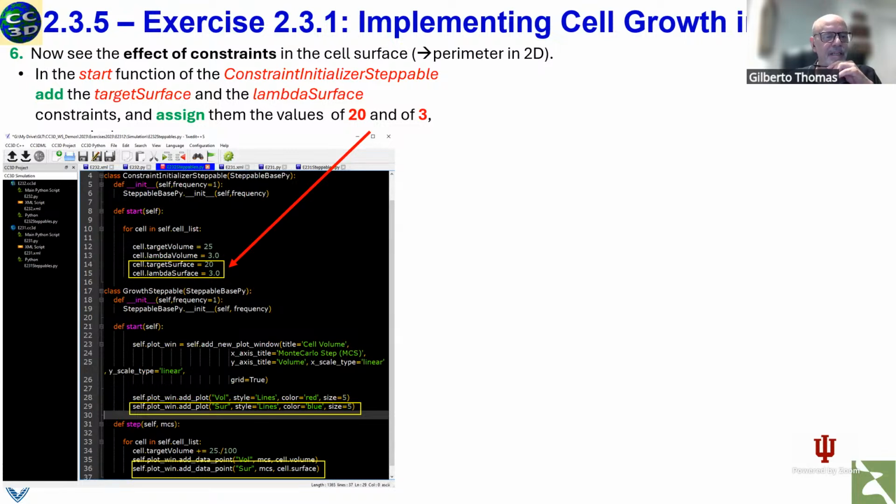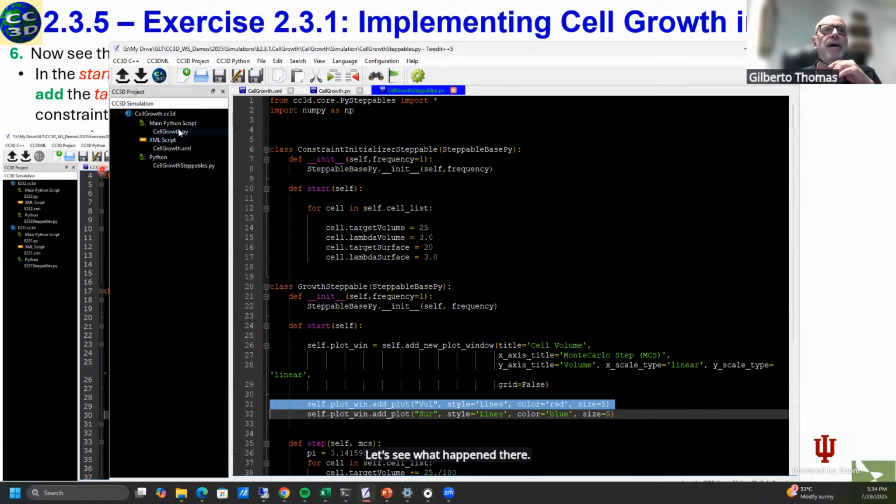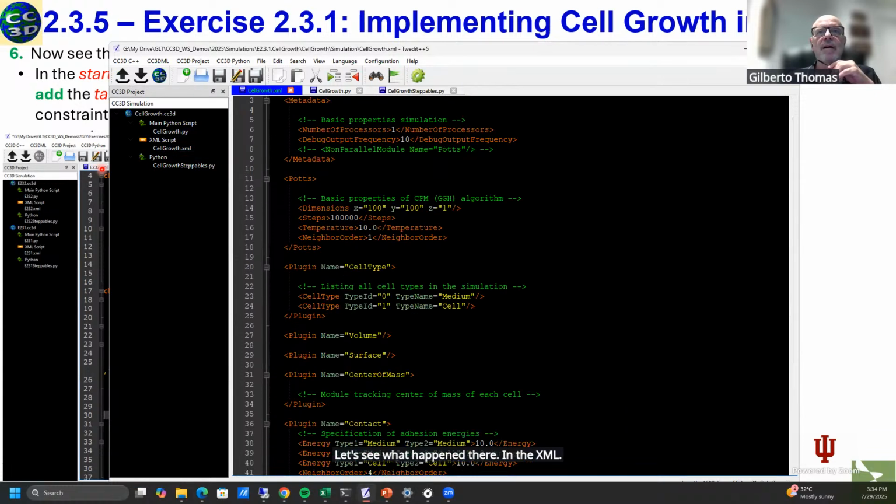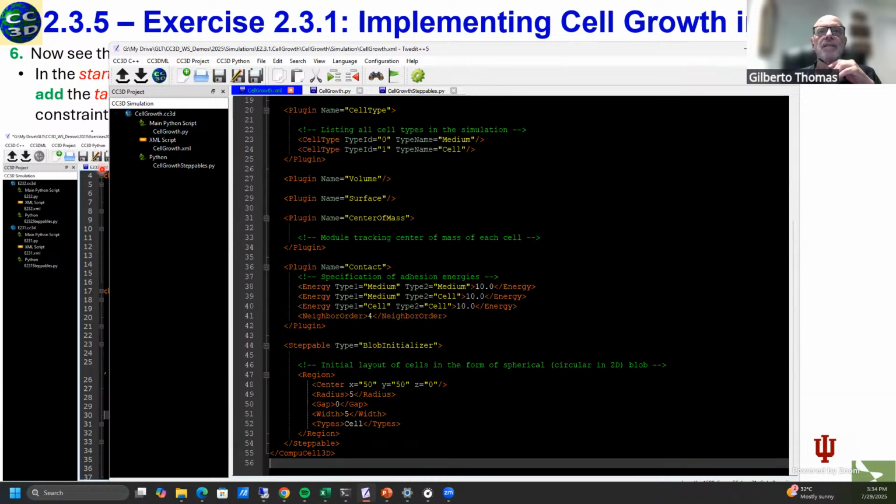It's funny. Let's see what happened there in the XML. See, the XML doesn't have anything,